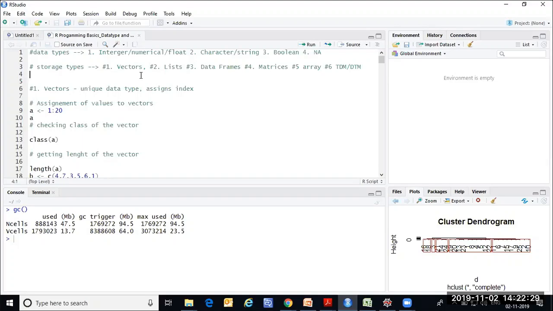Okay, and we're going to see how we handle these NA values. Are we clear with the basic data types of the variables? Integer, character, Boolean, right? And then we're going to discuss about the storage types. The storage types are nothing but,